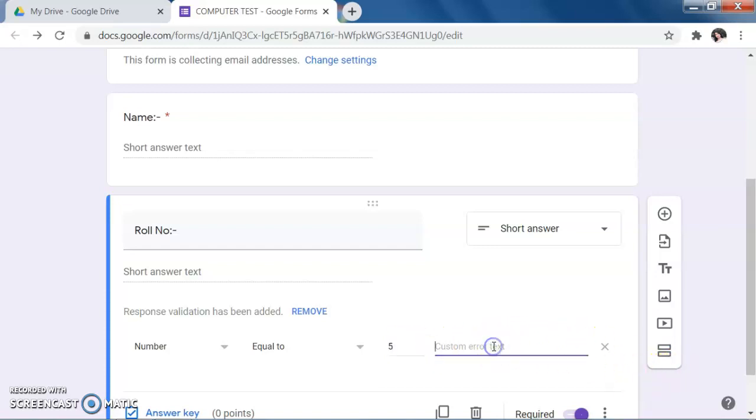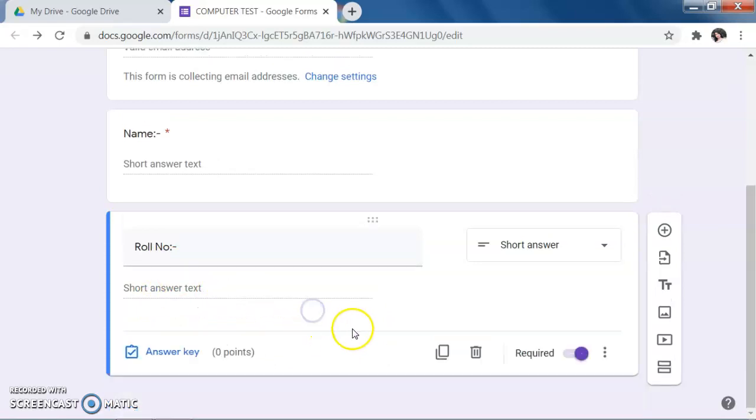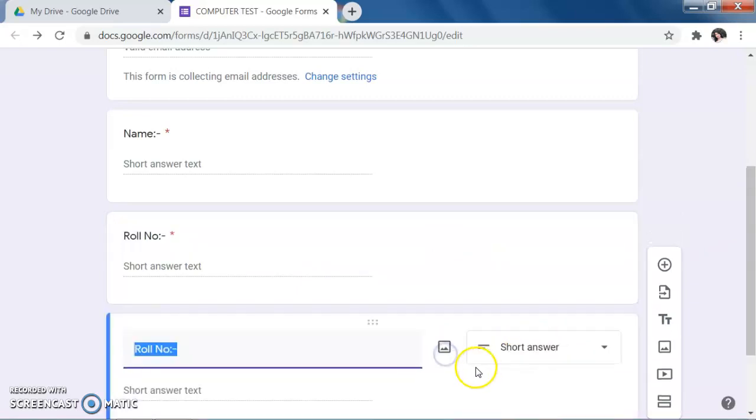And for the error, you can write down any type of error message. Suppose wrong input or wrong roll number, you can give a message like this also. Or if you don't want to give any validation here, then you just remove it over here, then no validation is there. Next, suppose name. After this, I want to go for duplicate again,